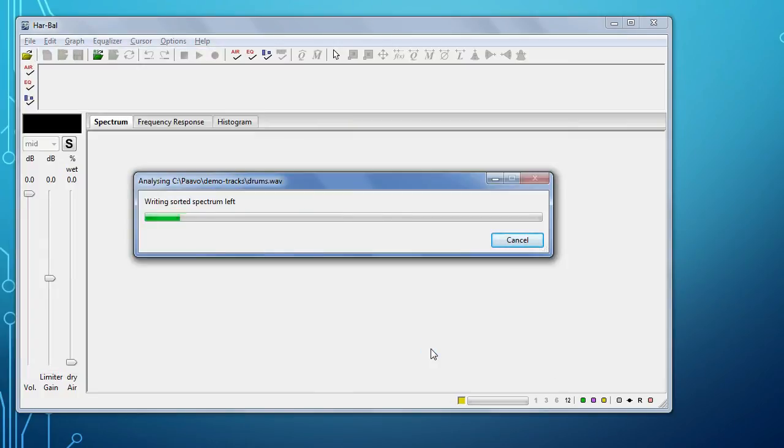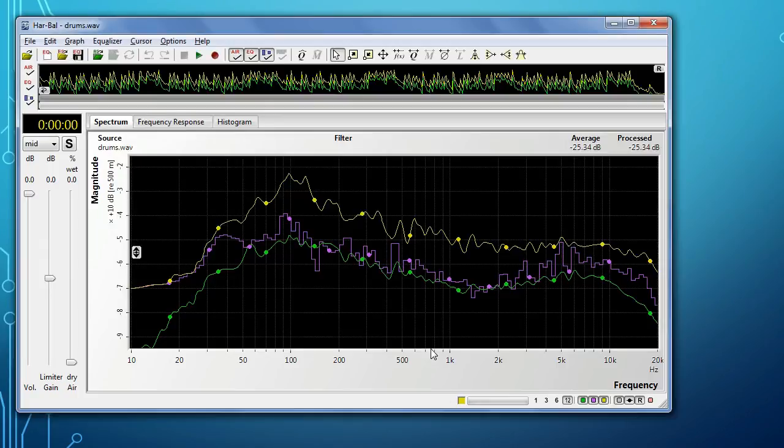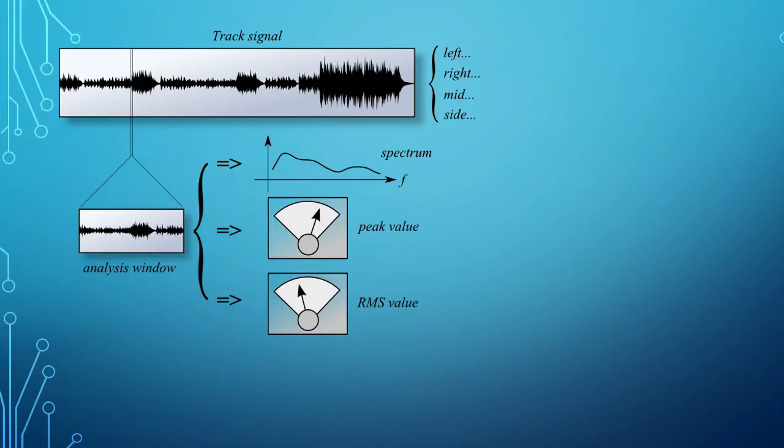When Har Bal opens a track for the first time, it performs a comprehensive analysis of the track. It does so by breaking the track into short segments at a nominal 50 millisecond time interval. It then creates power spectrum estimates for each of those segments using Fourier transforms. It uses a window of